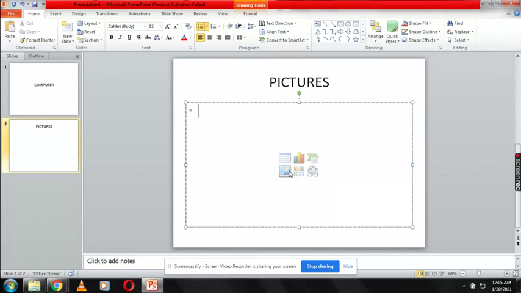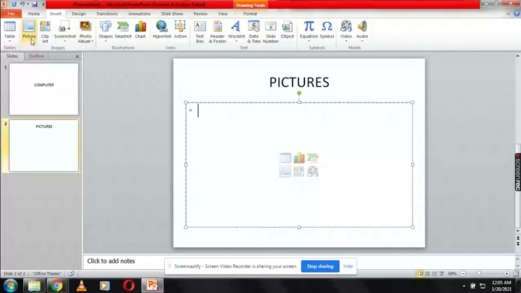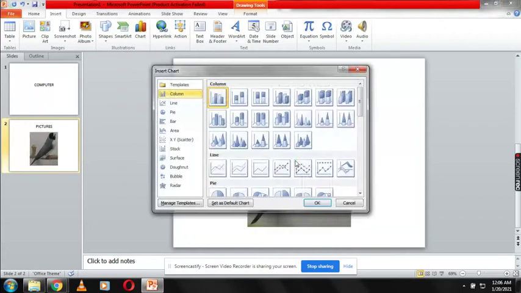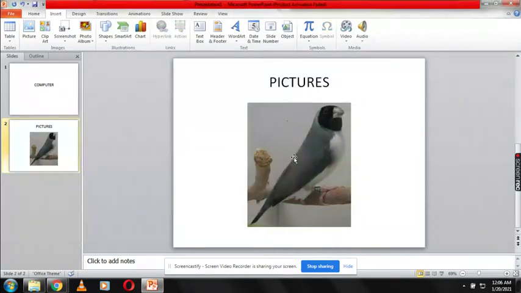Okay, I can click over here also, and I can click over on this insert tab and picture. You can see it's the same icon which is represented over here. So as soon as I click on this picture, my pictures library gets opened up. I can double click to insert, or I can simply select and click on the insert button. Okay, so I can see that the picture which I have selected has already been inserted.